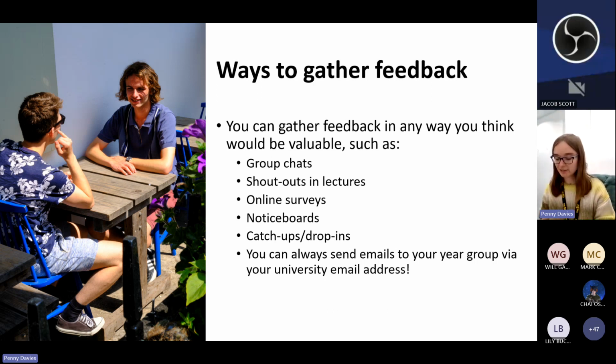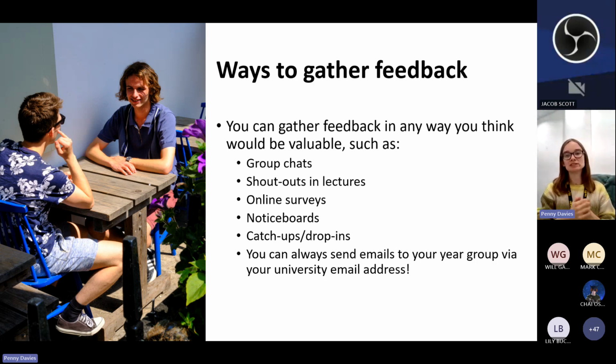You may have notice boards within your actual departments, so within your studios, if you're a visual arts student. I know that Amata has an SU specific notice board on the 3rd floor opposite stores, and you guys can post whatever you want about it related to reps, as long as it's not offensive or rude. Please do. I'd love to see that. So yes, there's many different ways you can do it.